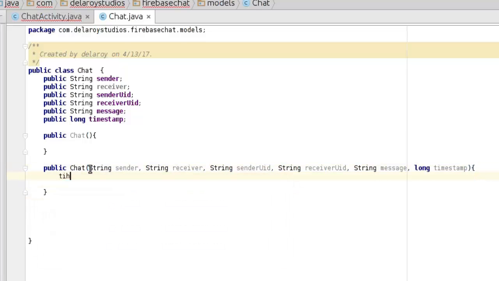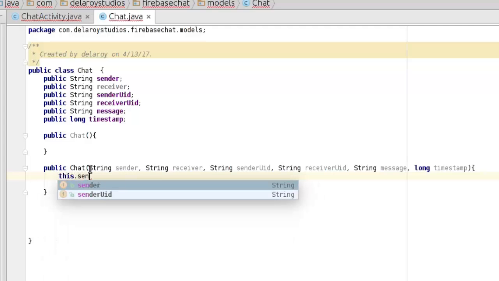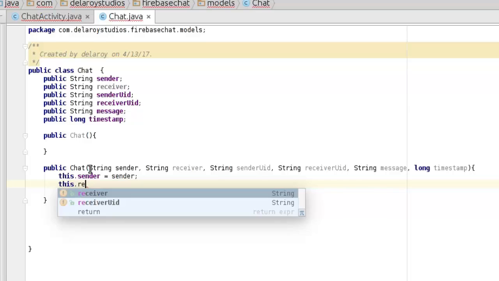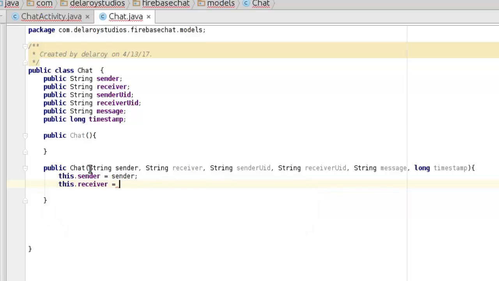So this.sender equals sender, this.receiver equals receiver,